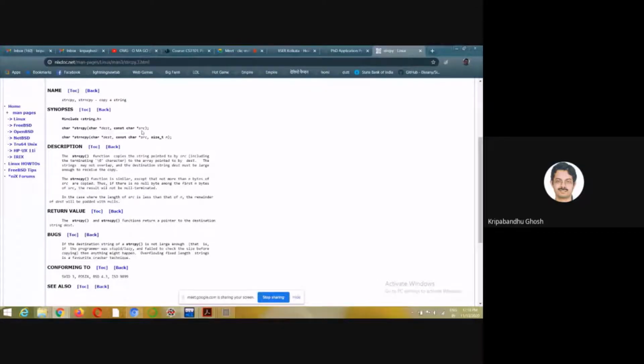You see that in the source they have put a constant. So this is also done at system level, to prevent accidental changing of the original version of the string. So this is standard.